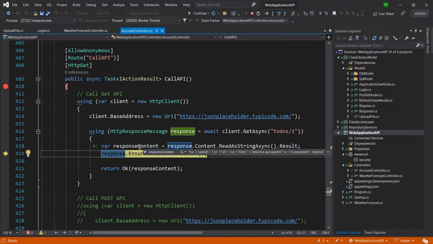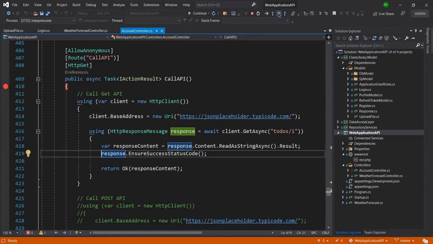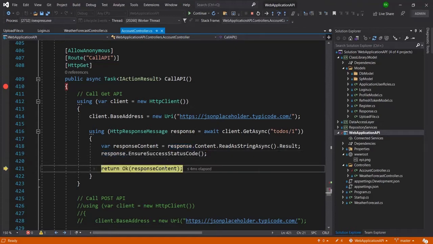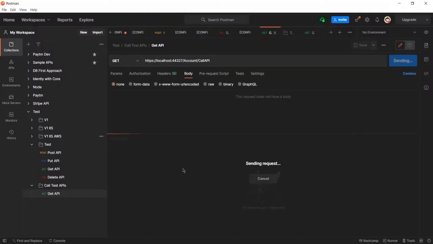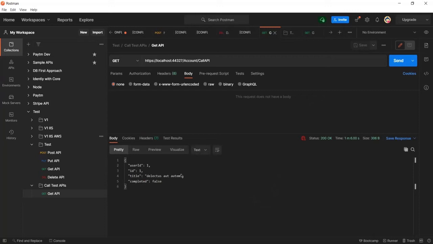And now it will ensure whether the result is success or not. And here you can see the result is success, and now again I will press F10 and it will come to the end, and from here it should return the response that I have received from the API.